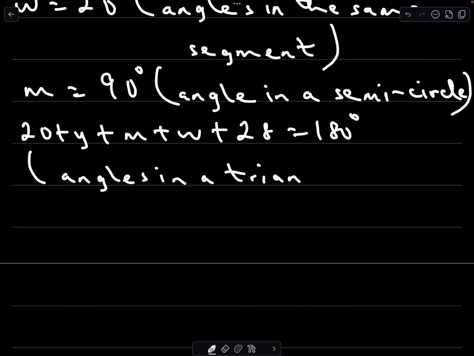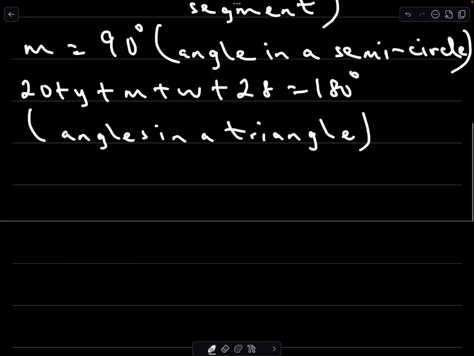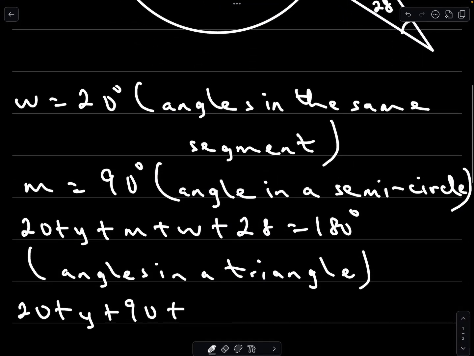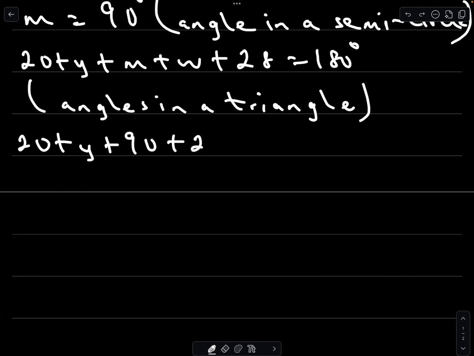Angles in a triangle, the sum of angles in a triangle. And that simply means 20 plus Y plus M is 90 degrees, plus 90, plus W is 20 degrees, plus 20, plus 28